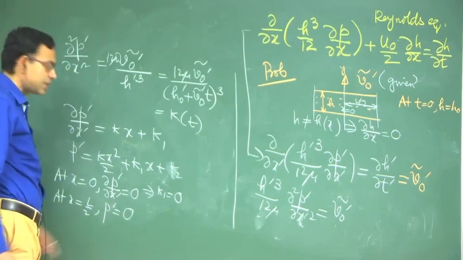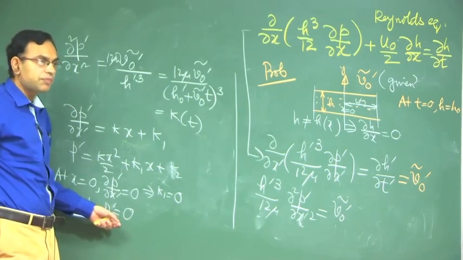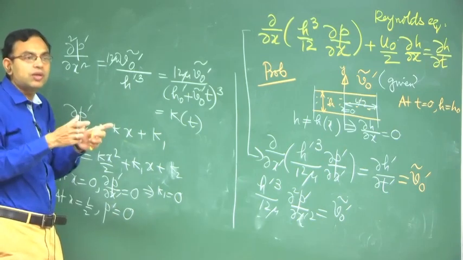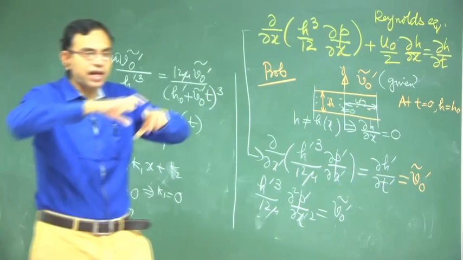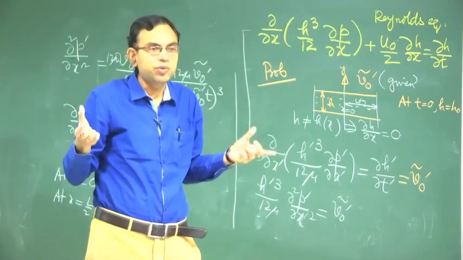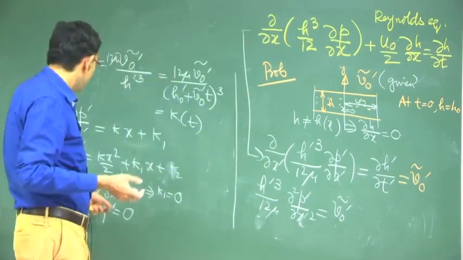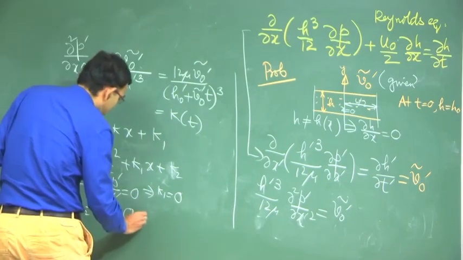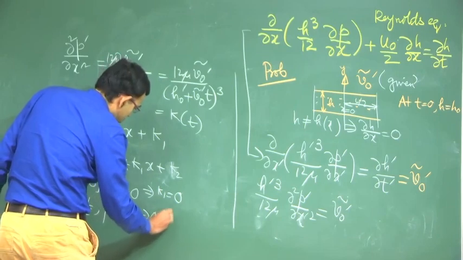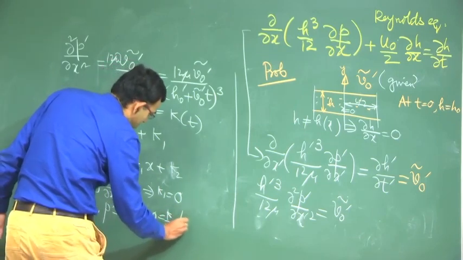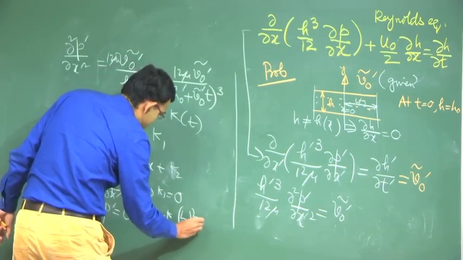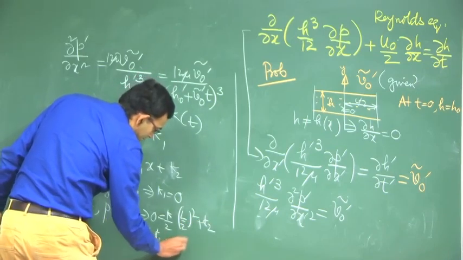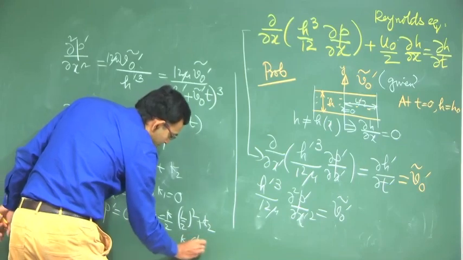Pressure is, you can set it as atmospheric pressure, because if you set it as atmospheric pressure the remaining pressure will actually contribute to the force. Atmospheric pressure acts equally from all sides, so it does not contribute to the force. So, if you set this equal to 0 at x equal to L by 2 you have 0 is equal to k by 2 L by 2 square plus k2. So, k2 is minus k by 2 into L by 2 square.